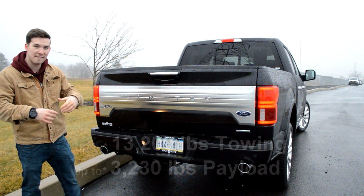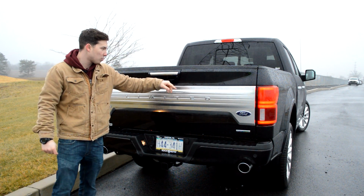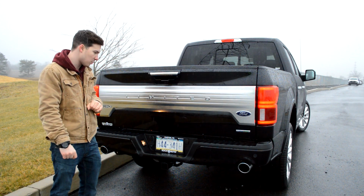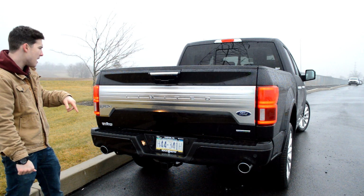I think that's really cool. Obviously, no one will mistake you for any other trim of F-150 if they're right behind you in traffic. Up here, you get another little chrome insert for the grab handle. I think that's kind of nice to bring the tailgate down to kind of tie it all together with the chrome. You do get dual chrome exhaust, parking sensors down there, your trailering, and then you're going to have a